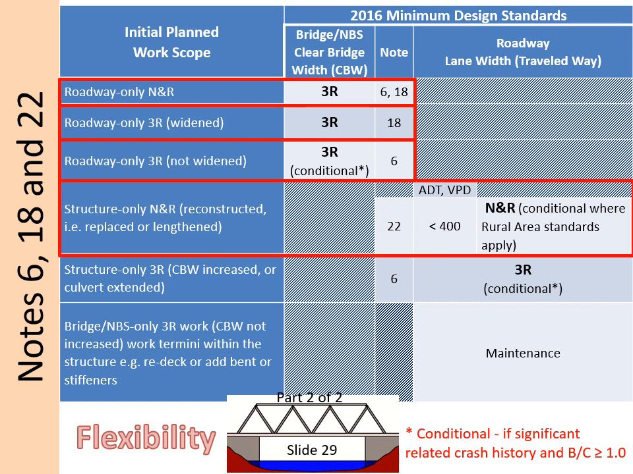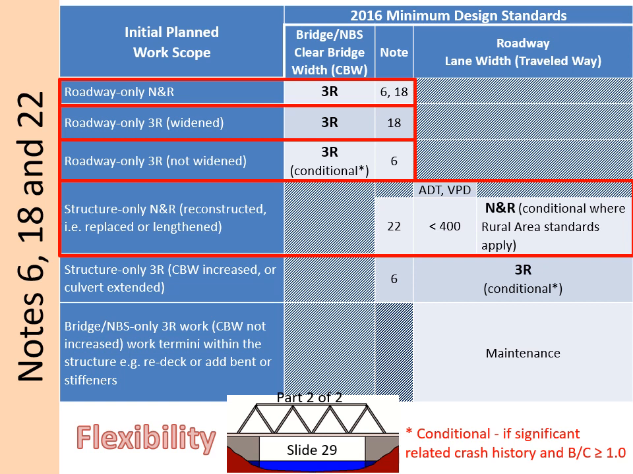Referring to the fourth line, the scenario is that the structure is being replaced or lengthened. If the ADT is 400 vehicles per day or greater, the approach roadway should meet new and reconstructed standards. Structures are built to last 60 to 75 years. The Board of Public Roads would not want a new structure located, for example, on a substandard horizontal curve or a substandard vertical curve. If the ADT for a rural road is fewer than 400 vehicles per day, Note 22